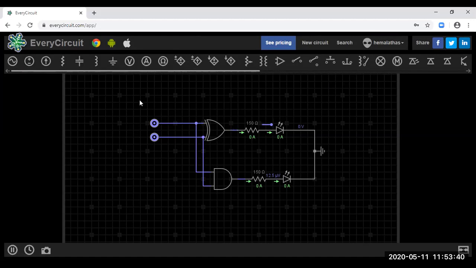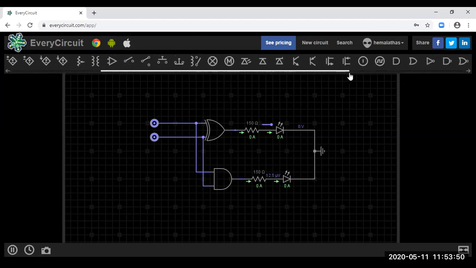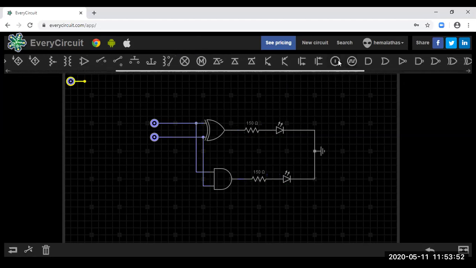So now we require the logic source here. Your elements can be brought to the workspace by simply clicking on them. You can click n times, so it can be brought into your workspace.